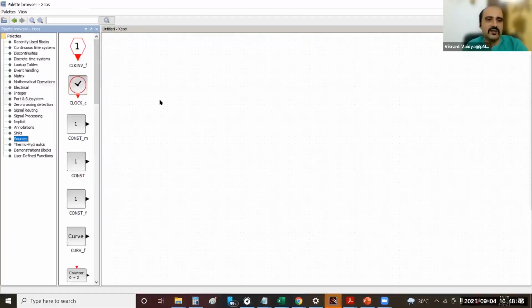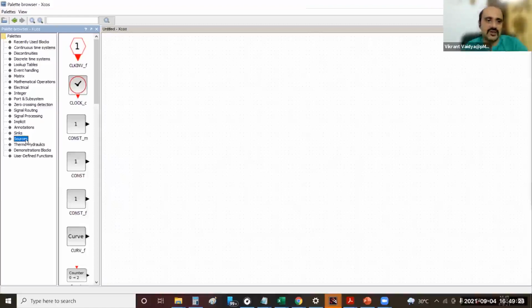For that, what the sources mean is you need a variable or a number to appear as an input in the model. Just like in Excel we chose some of the cells as input, keyed in some numbers there, and then used a formula with those numbers to generate outputs. Similarly in this XCOS, we want to do the same. What we need is the source of the inputs. So sources are basically your inputs. In Simulink, they are actually called inputs.